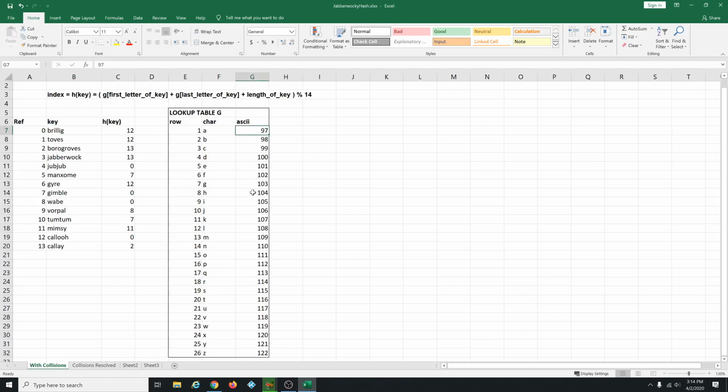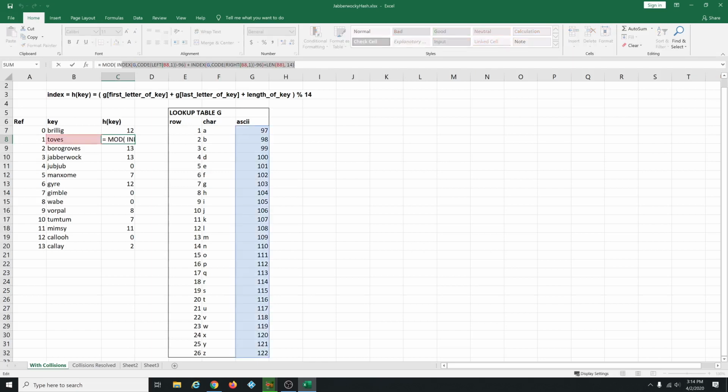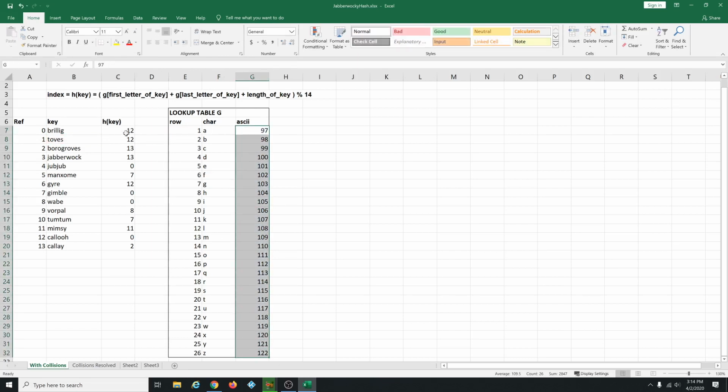So 97 plus 103 plus 7, the whole thing mod 14 ends up being 12. I've got this formula in here in Excel that pulls these lookup values out and adds them together. Okay, so anyway, I get a 12 for Brillig, I get a 12 for Toves, I get a 13